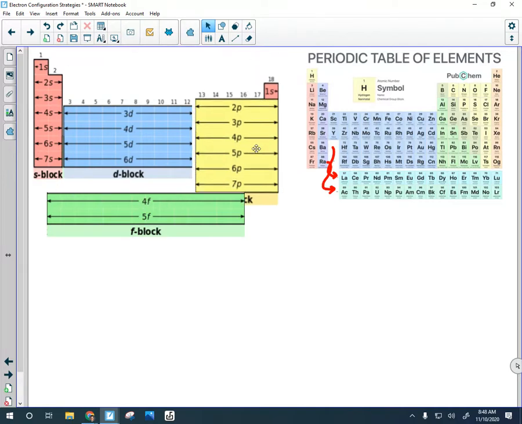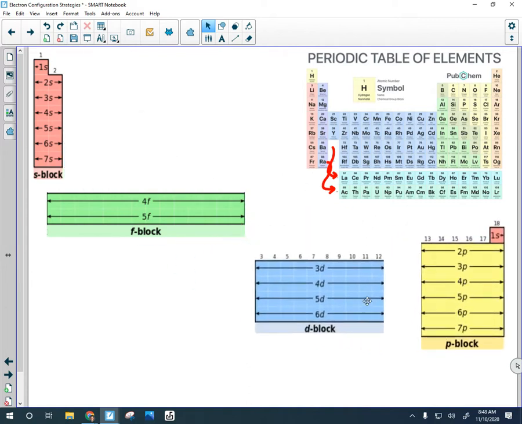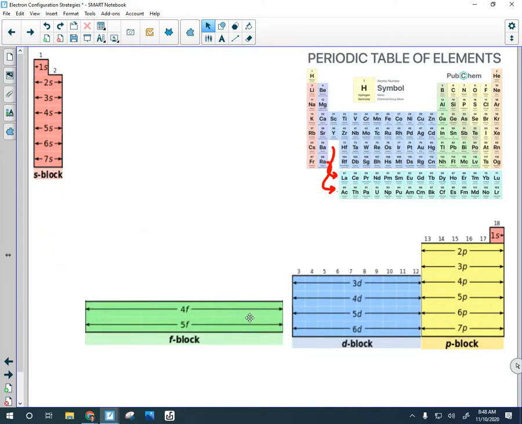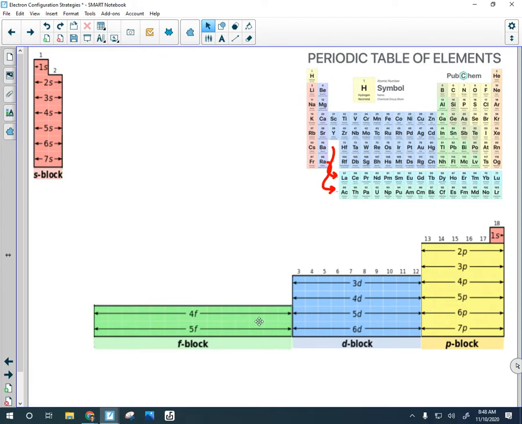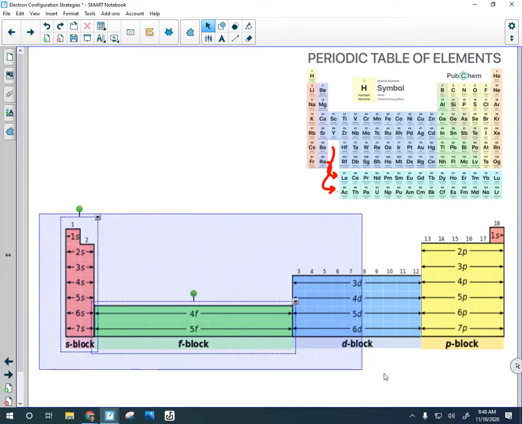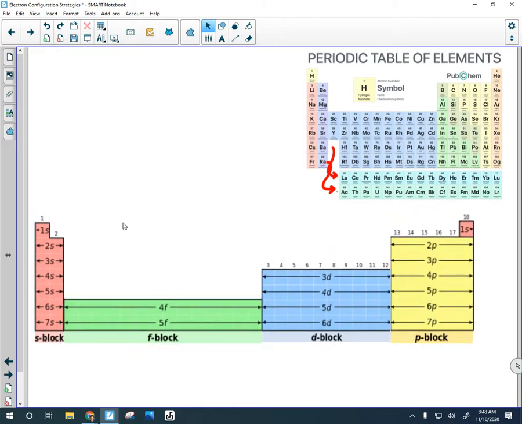But the way it actually should be shown is something like this. See if I can squeeze it in here. So the periodic table actually, in reality, should be presented like this. And when you see it like that, you can see that you would fill the 1s orbital first, then you fill the 2s orbital, 2p is next, then you fill in the 3s and the 3p,